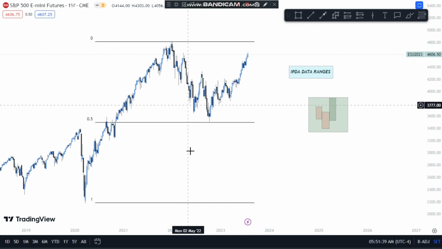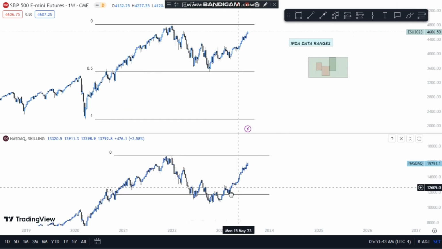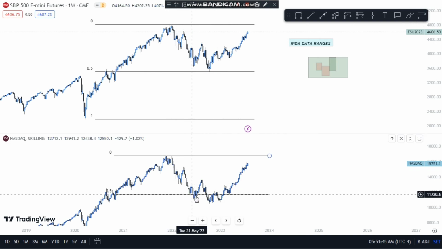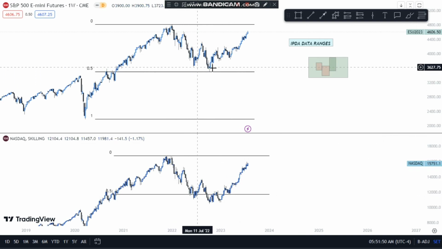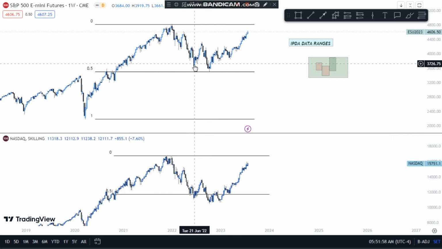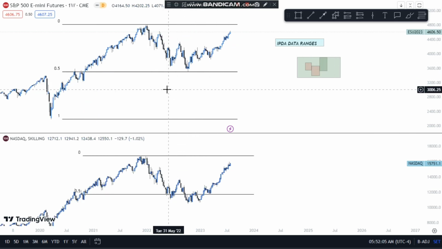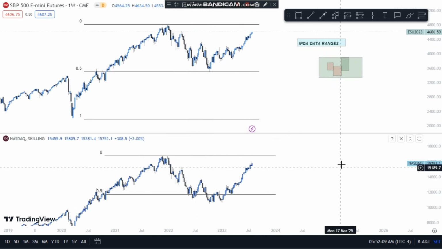Now that you have drawn these lines, you can see that on Nasdaq it has swept the 0.5 fib level, and on S&P it hasn't. So this is your important liquidity level, okay? You got a sweep on one pair and there is no sweep on the other, so this is called SMT divergence. Now once you see the sweep, you can see that the sweep happened on Nasdaq, so we will open